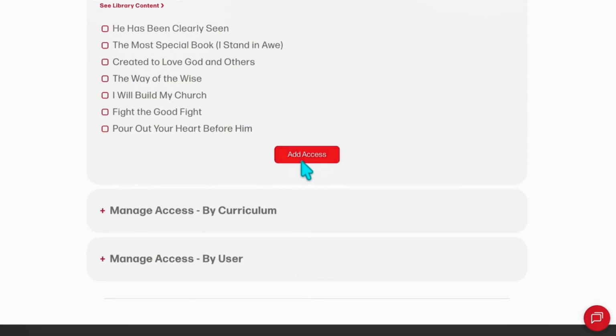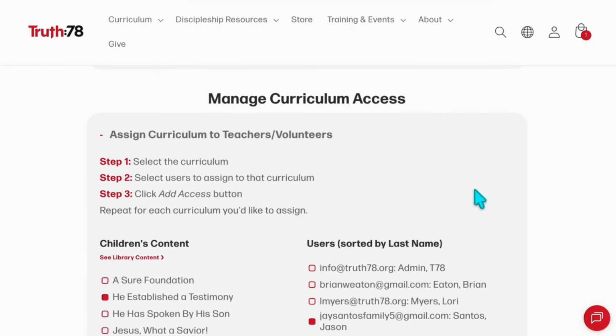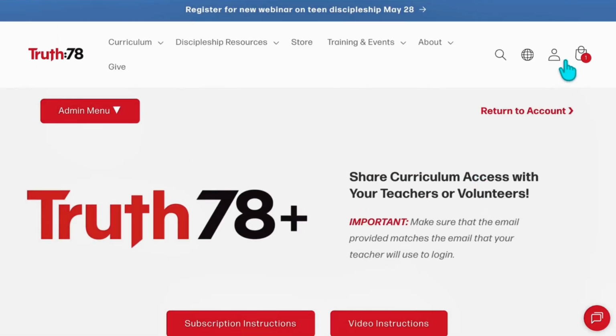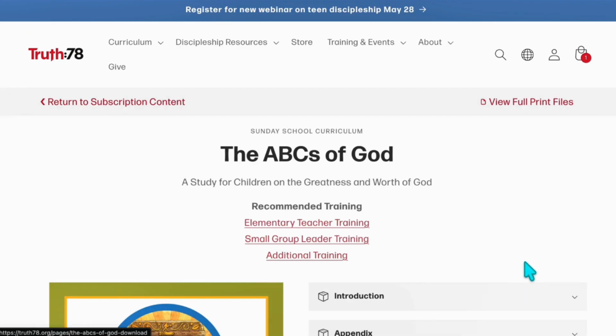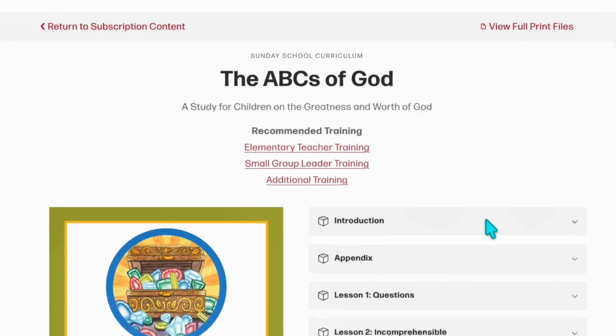As soon as you click add access, those teachers and volunteers will automatically get an email from Truth 78 to set up their Truth 78 account. And when they log into their Truth 78 account, they will now have this access curriculum button with any titles that they have been assigned to here. When they click on the title they've been assigned to, it will go to all of the resources that they